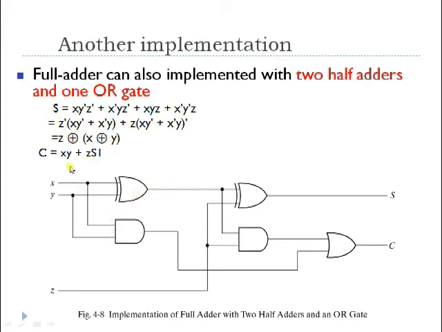Okay, next, as I have to implement xy here in the carry function, I took one AND gate whose output is xy. Now, as I have to implement z XOR of x XOR of y, here we got s1 as an input, and the other input for this XOR gate is z. In the same way, to get z s1, I took one AND gate where one input is z and the other input is s1. Now this is given as an input to the OR gate, so you will get sum and carry in this way.